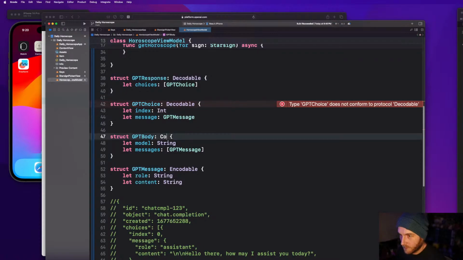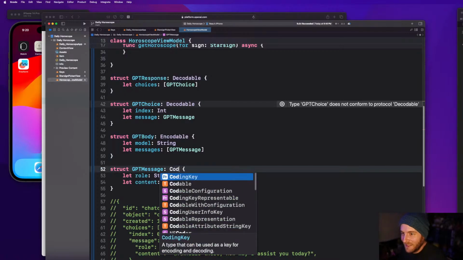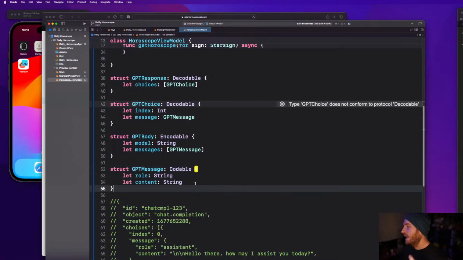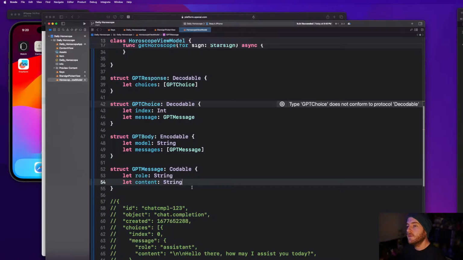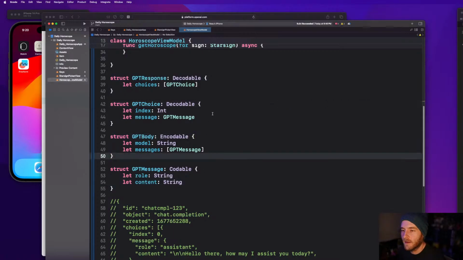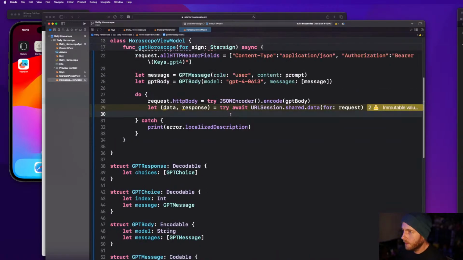Oh, okay. See, look, now we know that this is, wait, GPT message, that's the one we want. We set this decodable, and now we know that this is an object that's going to get sent and returned. Okay, I like that. I like how we can differentiate between them like that. And then I think we go, oh, can't call it response. Horoscope. And we'll call try, and we go,